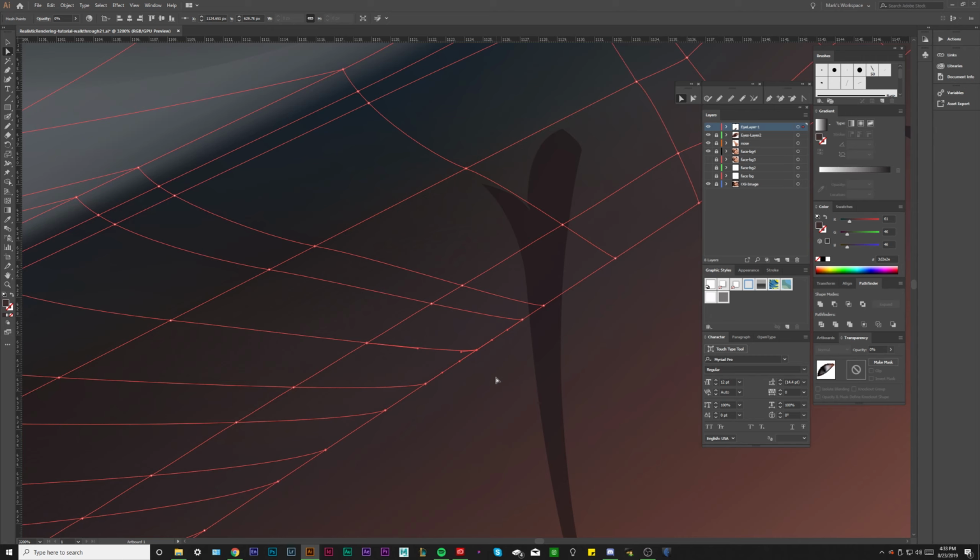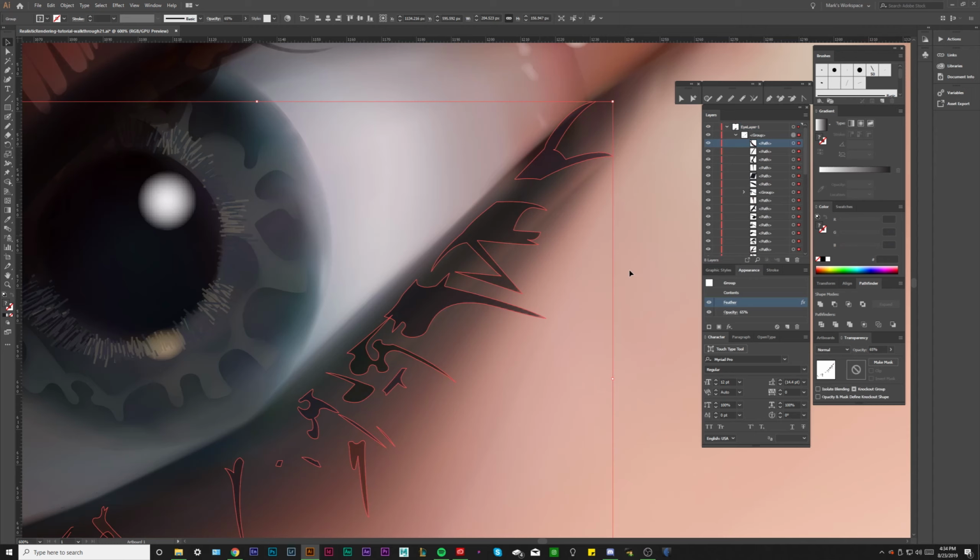Did that work? 0.75 pixels, maybe? Can't do anything under a pixel for these. Alright, I'm going to do 1 pixel. That seems to soften it a little bit. I'm going to save it. And